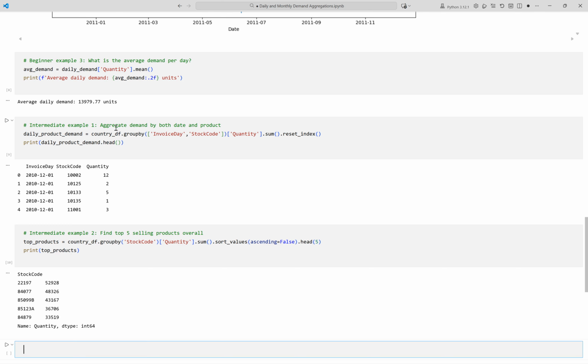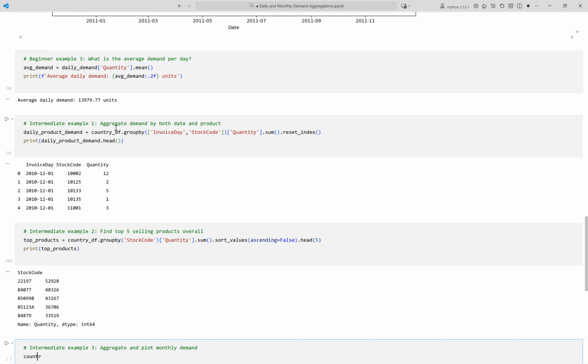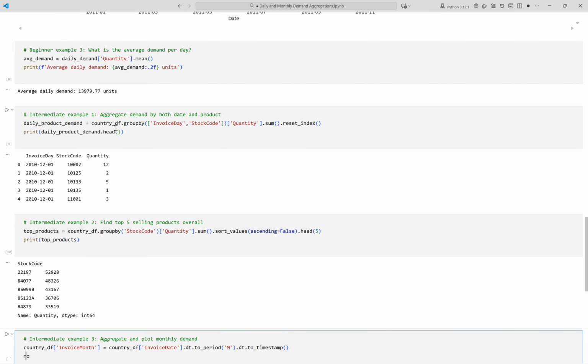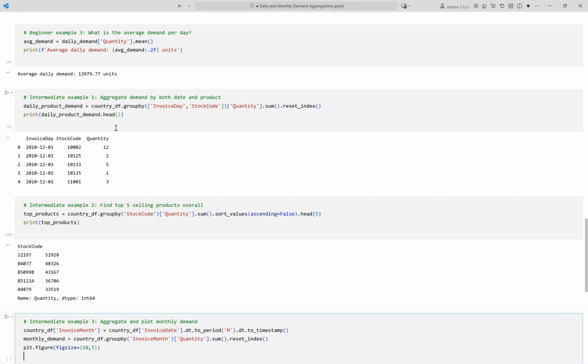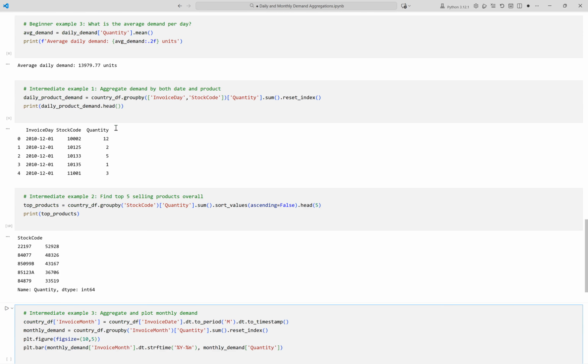We extract the month from the invoice date for monthly analysis. We sum demand by month, giving a bigger picture for planning. We make a new bar chart for monthly demand. We adjust the figure size for readability. We plot demand as a bar chart with each month as a category. We set the title for